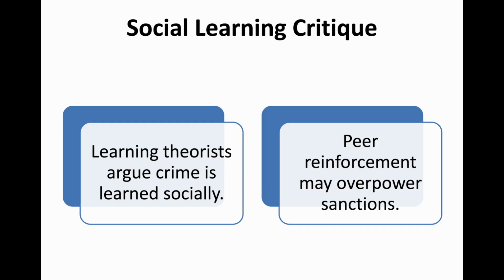Additionally, offenders embedded in criminal peer networks may normalize offending and minimize punishment concerns. This can significantly weaken deterrence effects. Social learning theorists therefore argue that punishment alone cannot fully explain offending behavior. Instead, offending must be understood within broader social environments and reinforcement systems. Again, notice how these theories are beginning to interact. Modern criminology increasingly recognizes that punishment, peers, emotion, opportunity, structure, and self-control all influence crime simultaneously. And that's one reason that theoretical integration became increasingly important in criminology. In the next section, we'll conclude by discussing self-control theory, theory integration, final exam takeaways, and the broader legacy of deterrence and rational choice theory in modern criminology.